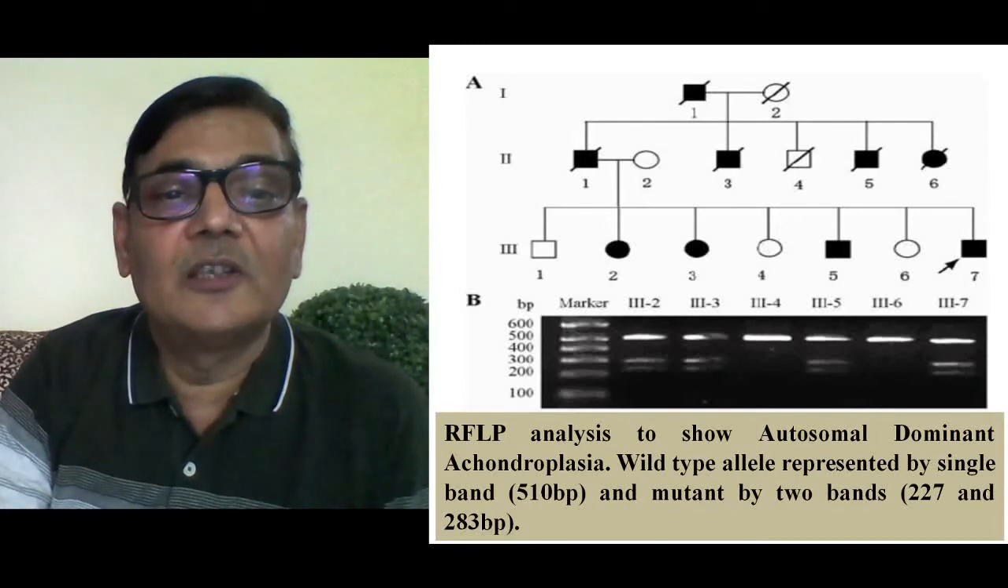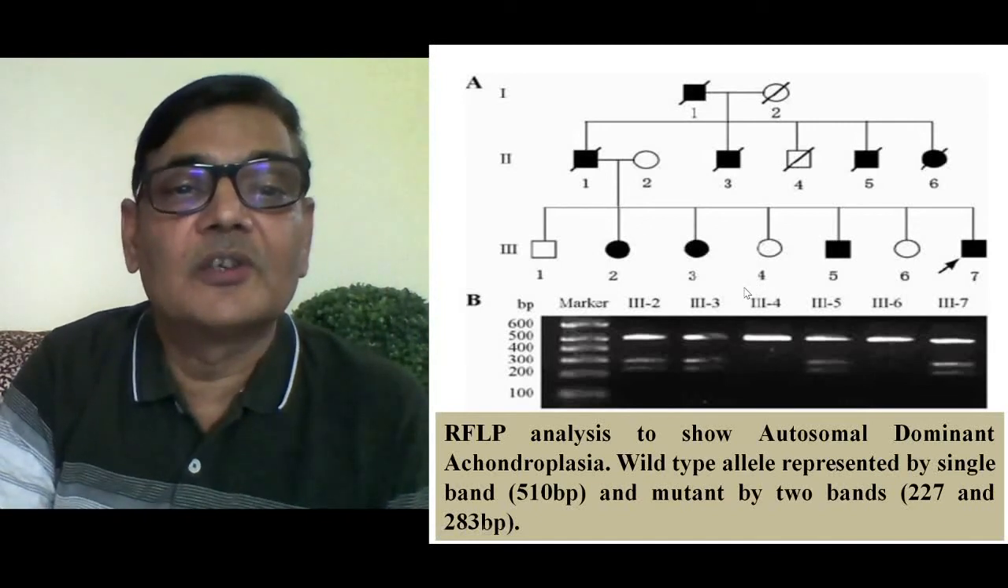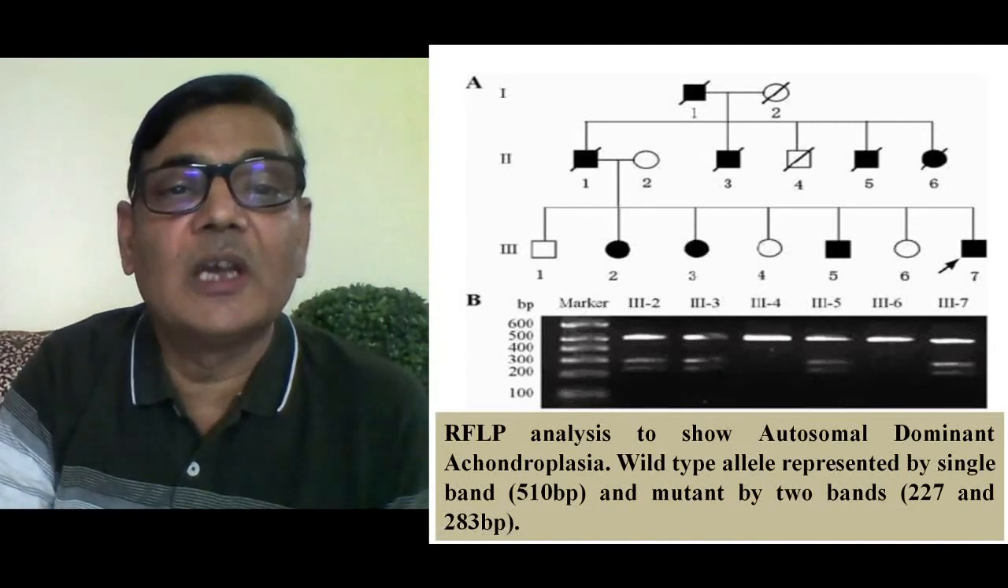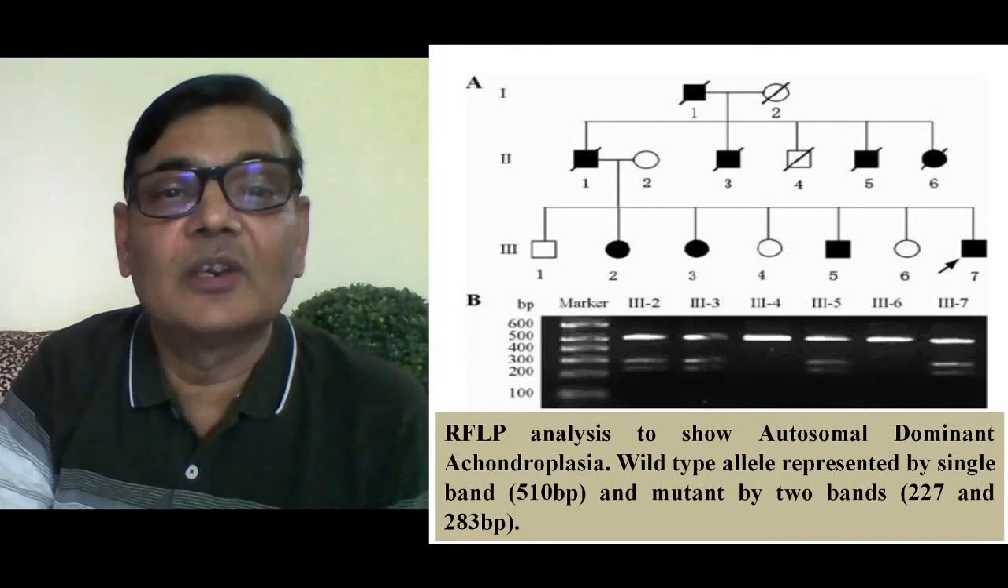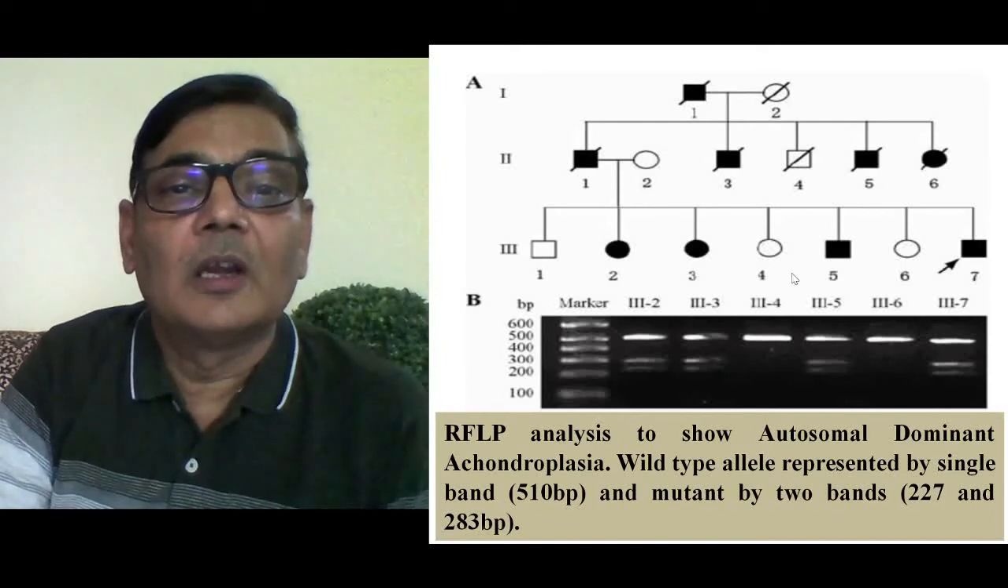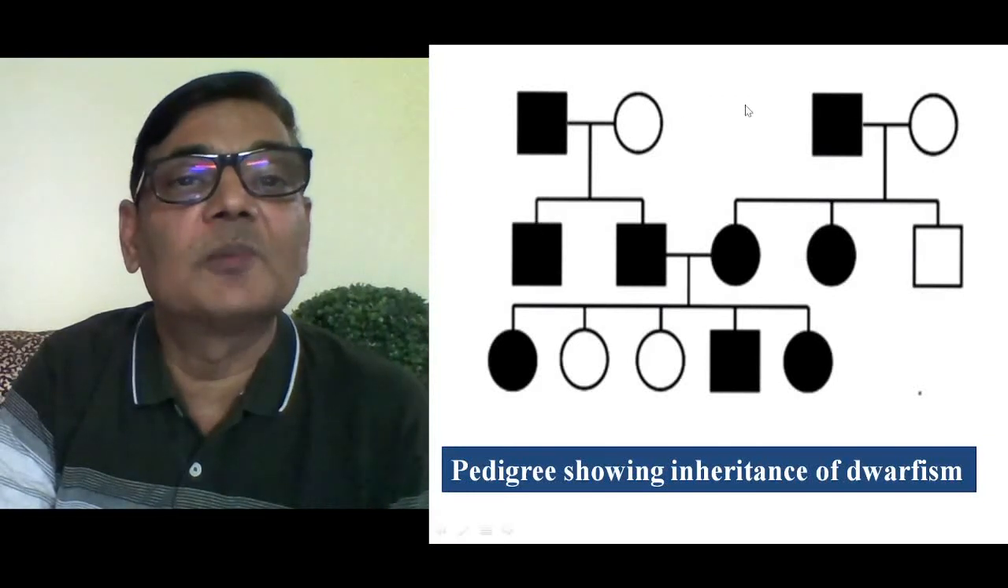So I think these are some of the salient aspects regarding the analysis of dwarf individuals, and we can have an idea of how such individuals show the inheritance pattern of the mutant allele to the next generations. And one more thing I would like to add here, in this particular pedigree, what